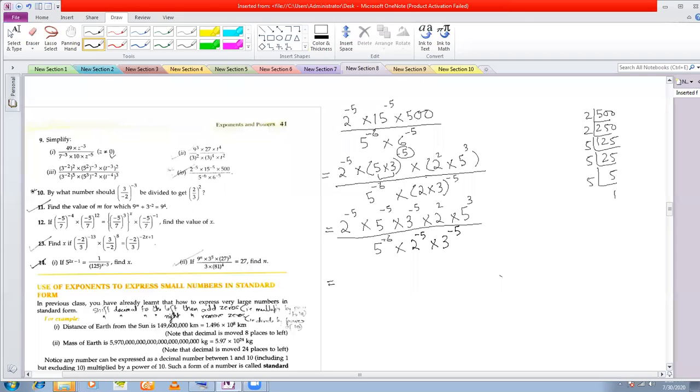Okay, now see, all the bases are either 2, 3 or 5. So I separate the 2's, take the 2's together. 2 to the power of minus 5. Any other 2's in the numerator? Yes, 2 square you have. And in the denominator, you have only 1, 2. And next is 3 to the power of minus 5 divided by 3 to the power of minus 5, which essentially will cancel. Okay, and you take the 5's also together. 5 to the power of minus 5 into 5 cube, divided by 5 to the power of minus 6.